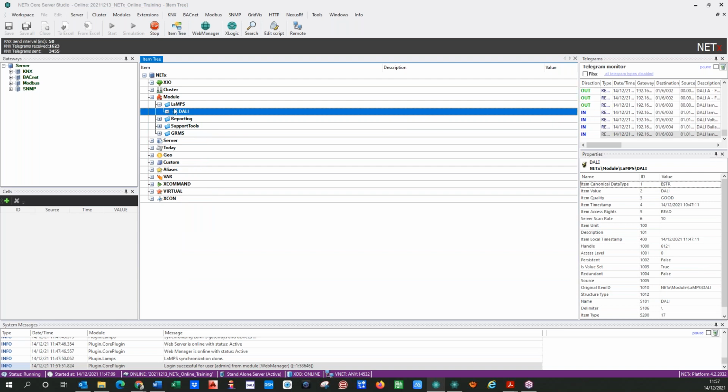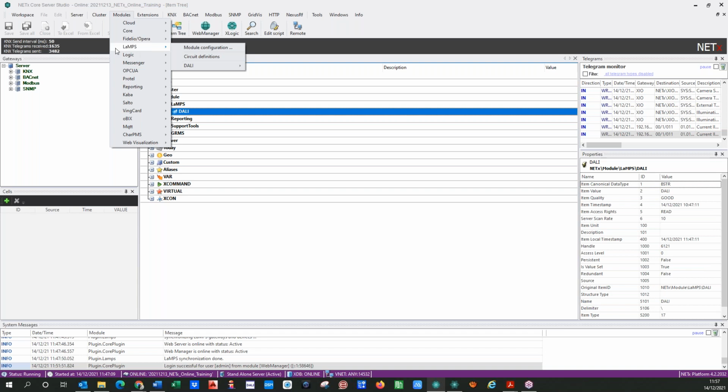This is the circuit definition. It's the second part of the LaMPS module, not specifically related to DALI, but to any kind of light or even different things. These circuit definitions as a part of the LaMPS module are very helpful for us to recognize or to get information from a specific circuit about the time this circuit is being in use, for example, for maintenance